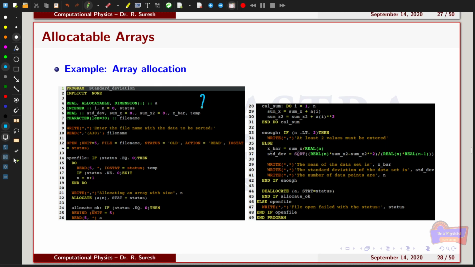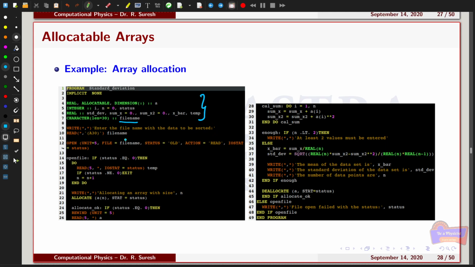So here is the usual declaration statement. I'm also getting the data file name from the user, and if the file name is correct and the corresponding data is allocatable to memory in the relevant array in this program, then I can use the data file to read the data, and then do the further operations. So I am asking the user to enter the name of the data file.